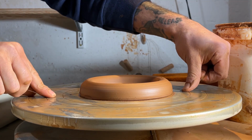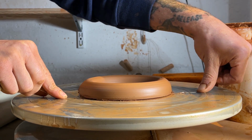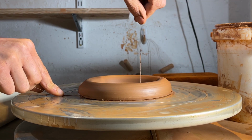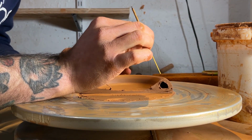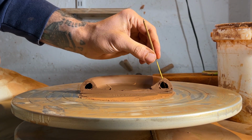Alright, here we go. Got another tutorial video for you. I'm going to be talking all about how I make these donut style incense holders. To be honest, I don't even burn a lot of incense, but this was a design that I came up with that could hold the stick in a way that just made sense, so it could kind of lean